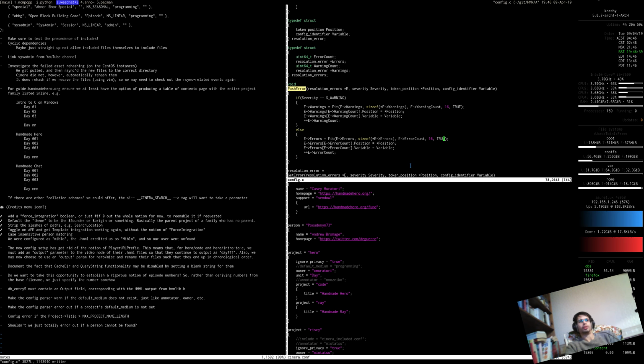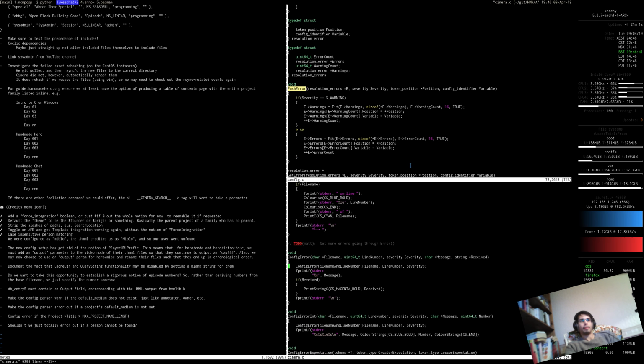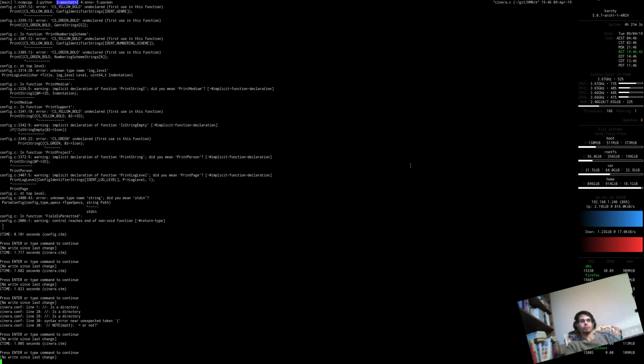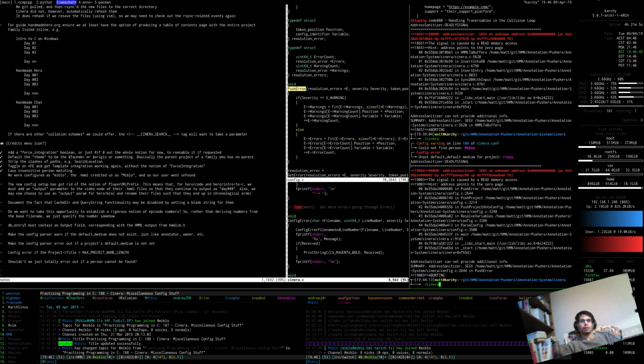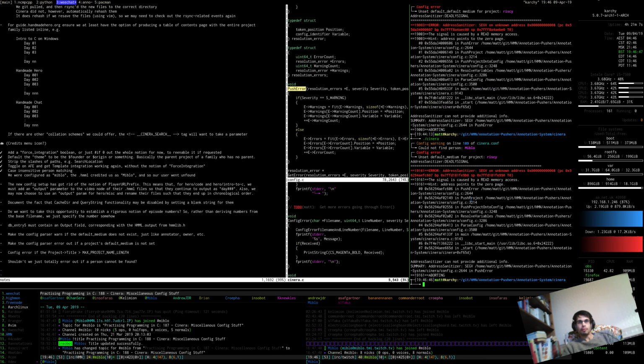Not 100% sure that matters. Let's try it again and just see what the error is again. So the signal is caused by read memory access. Just point to the 0 page. Push error 2644. The call on